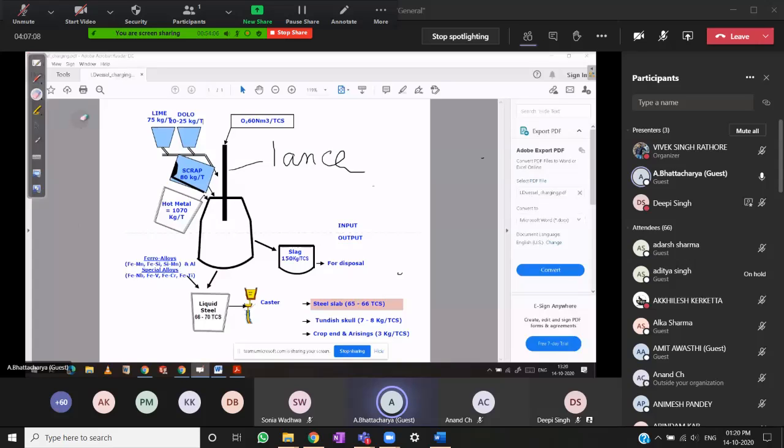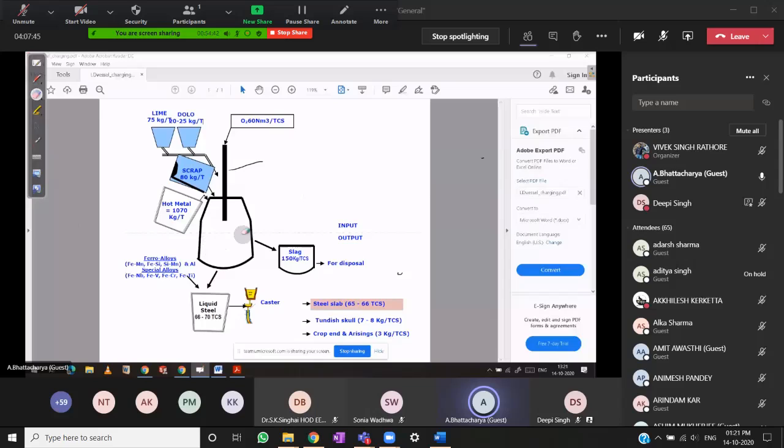This is the LD process, which started way back in the 50s. This is the first experimental setup in Asia. The vessel is filled with raw material and blown by oxygen. When oxygen comes into contact with the steel, it is an exothermic reaction that produces heat, and it also consumes the other impurities like carbon, silicon, phosphorus, sulfur, all those things.